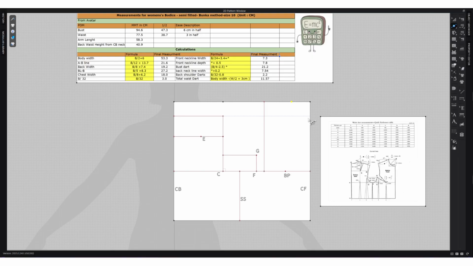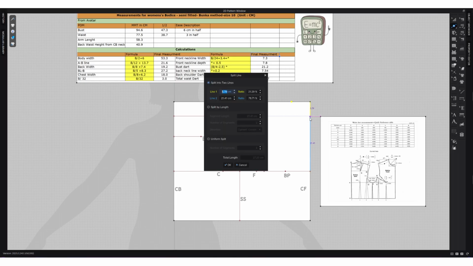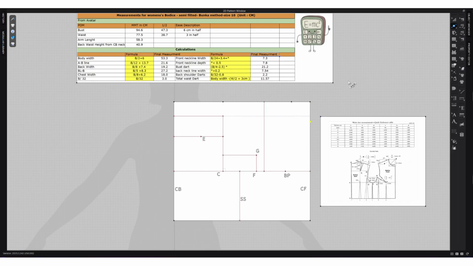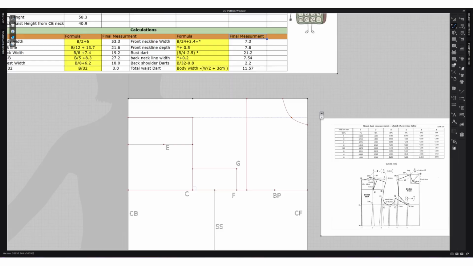And for the neckline depth, plus ½ centimeter, 7.8 here. Draw an internal line, and with V draw a curve. If you want to be more precise, what you can do is to draw